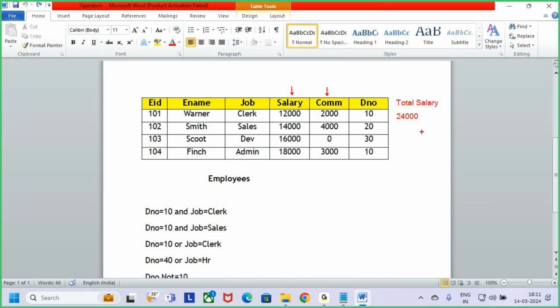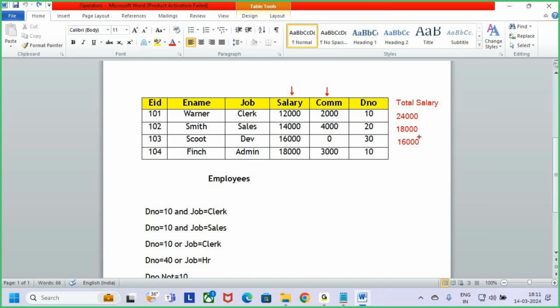And next, the second employee, Smith. What's the basic salary? 14,000. What's the commission? 4,000. 14 plus 4, 18,000 is the total salary the employee is getting. And next, Scott. What's the salary he's getting? 16,000. What's the commission? No, he doesn't have any commission, guys. So the total salary is also